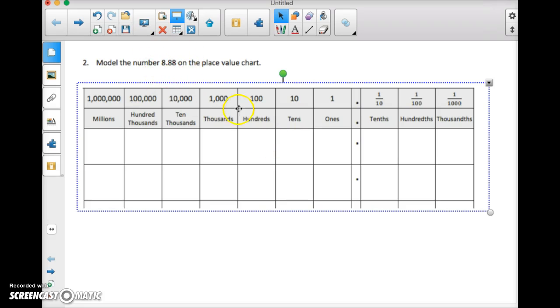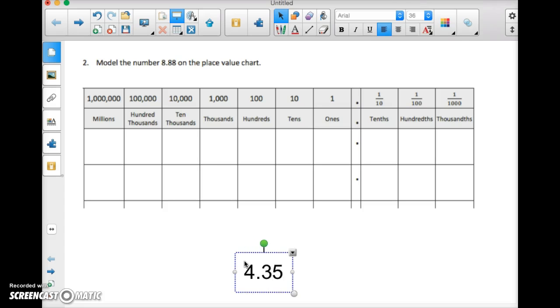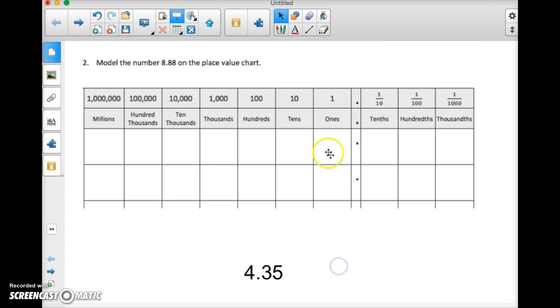in it. And then on some of the place value charts, you are missing this top part. So essentially you drew boxes with the numbers 8 in them. The purpose of a place value chart is to tell how much each of those are worth. So I'm going to give you a number, let's say I'm going to do this one. Okay, so 4.35. So if I was going to write this on the place value chart, I would write the